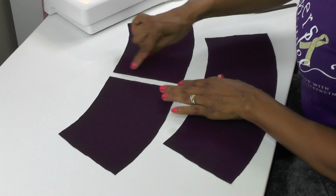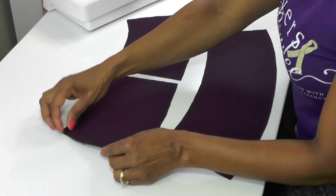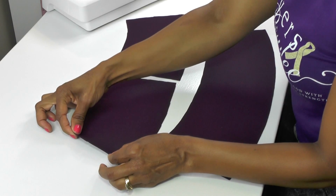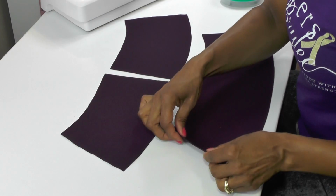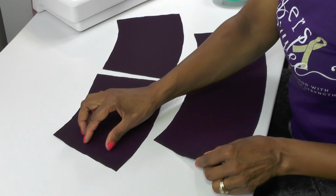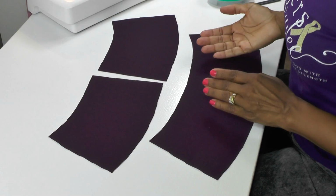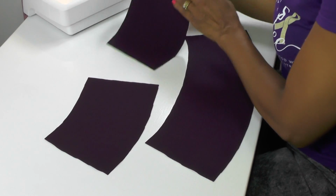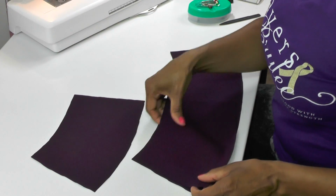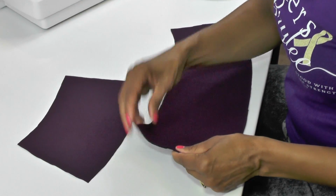This is the center back for your back yoke piece. And of course, this is the side. Your side has a notch cut in it, and your side front has a notch cut in it. So that's how you're going to know which sides or which edges to line up with each other. So this is the right side. So we need to take this piece, place the right side together, lining up your notches, and then we're going